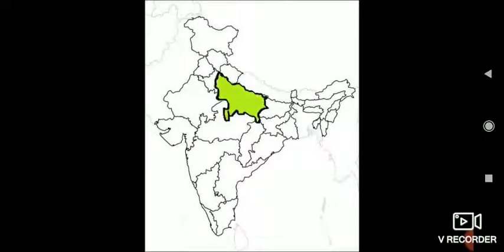And next, first soil. It is alluvial soil. Alluvial soil is presented in the state Uttar Pradesh. It is also called, what is it called, children? The food bowl of India, as it satisfies the large amount of population by providing food. So we call this state the food bowl of India. The soil is very fertile.